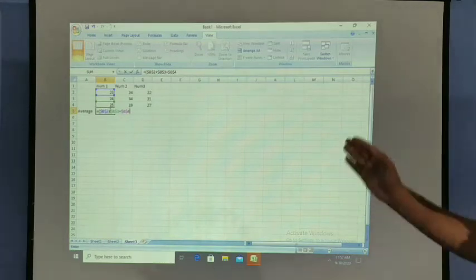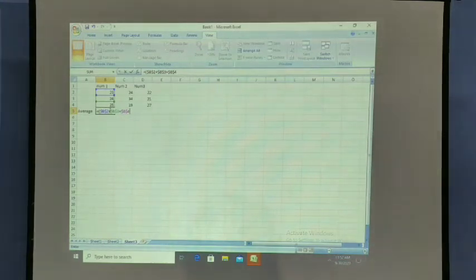So the same 3 rows we are adding and we are finding the average by dividing by 3. So when I press enter, I am getting the answer 24.